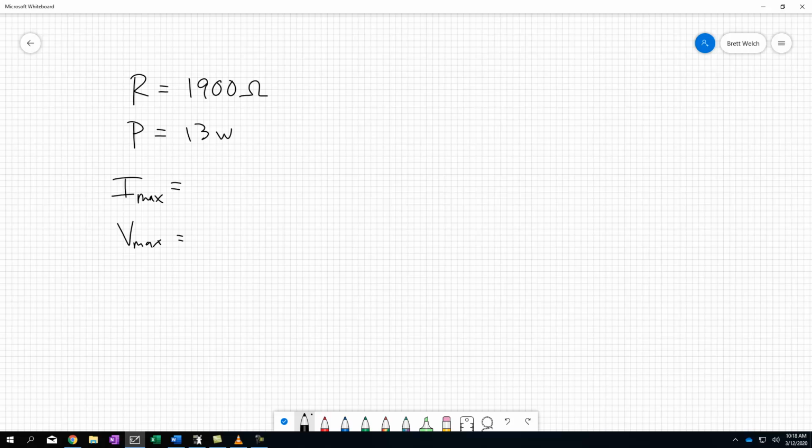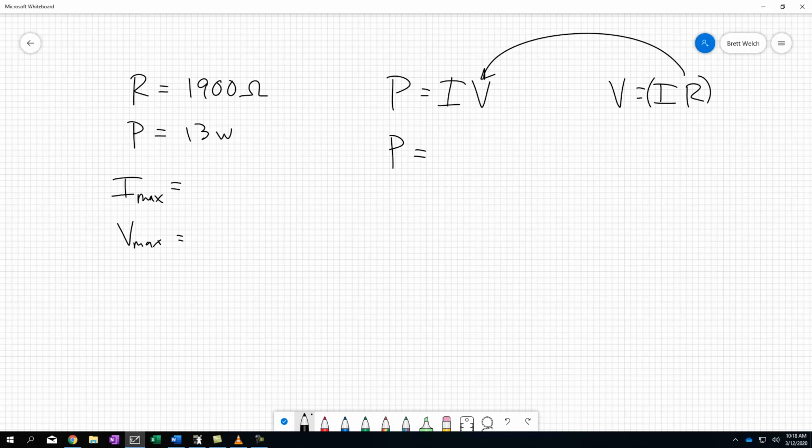All right, so we're just looking at the relationship between power, current, voltage, and resistance. We have two different definitions. P equals IV is the power formula. We also have Ohm's law, which is V equals IR. I don't have V or I, which means neither of these formulas on their own can be solved, because I have the same two unknowns in both formulas. However, if I do a substitution, and you might already have these written down, I can say that P is I squared times R,